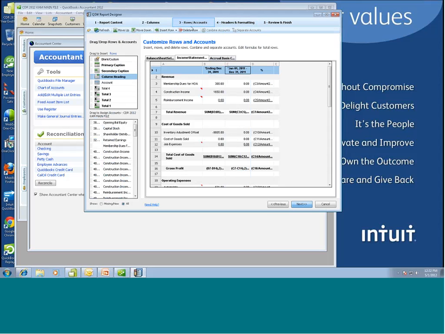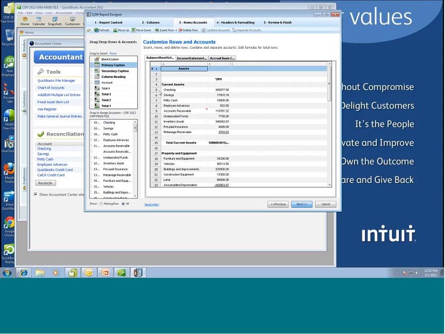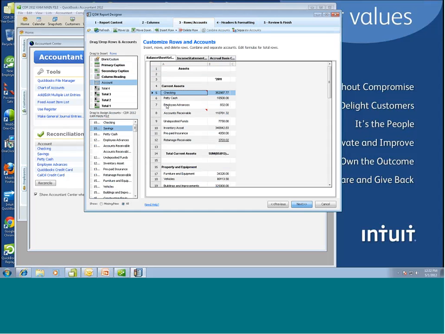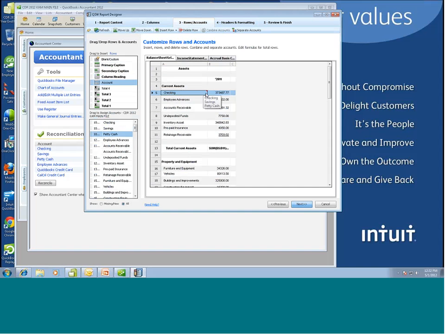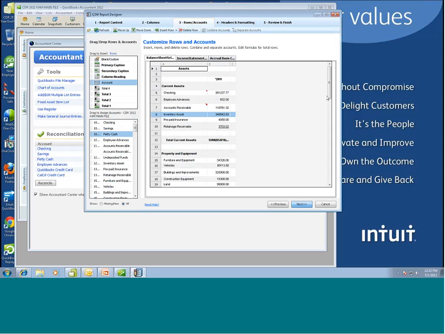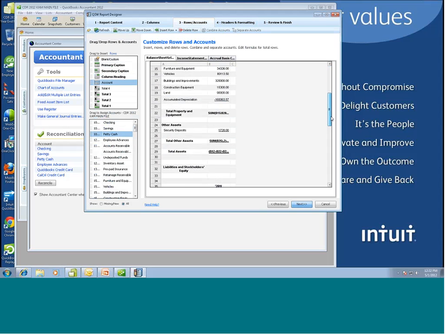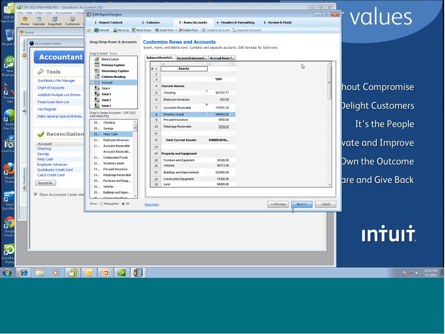I click Next. Now let's talk about rows. If I go back to the balance sheet, it's a good example. Maybe I want to have checking, savings, petty cash, and undeposited funds all in the same account. I can drag and drop it if I want. Same with the petty cash. Notice a red hash mark for the accounts in there, or I can control-click on undeposited funds, right-click, and combine selected accounts. You can also move accounts to different areas, things like that. So you can roll up, split them out,